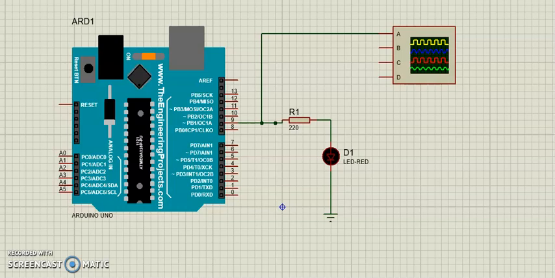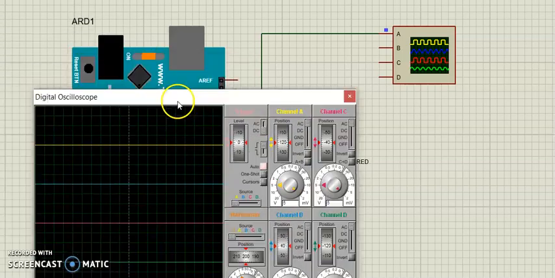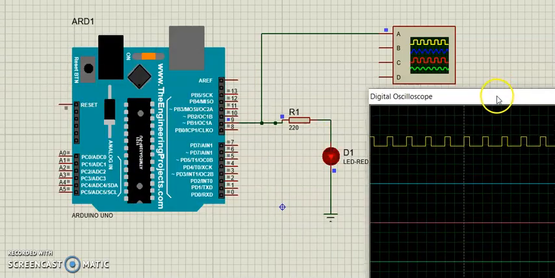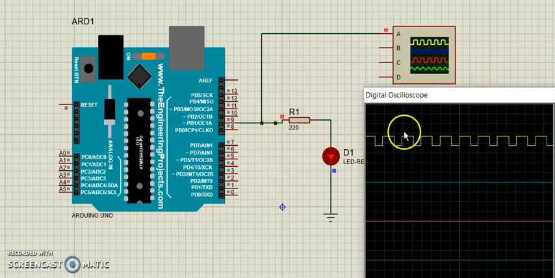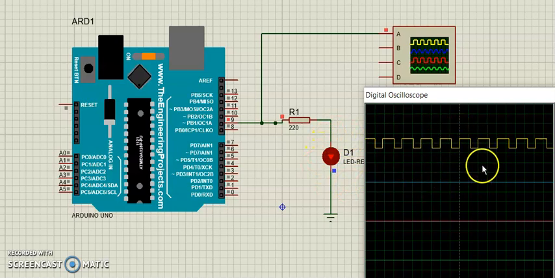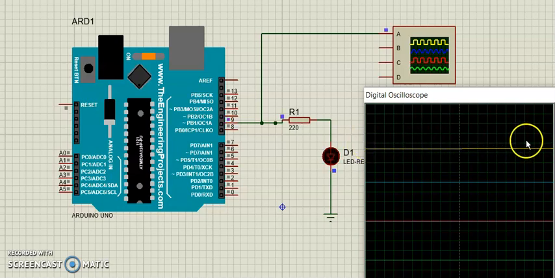So now I am going to run this code. When I press run, I am going to observe on the digital oscilloscope that the duty cycle is going to vary. Intentionally the delay of 2 seconds has been kept. You can observe the dimming effect on this LED depending upon the duty cycle over here. You can notice the change in duty cycle. Again it will be 0%.